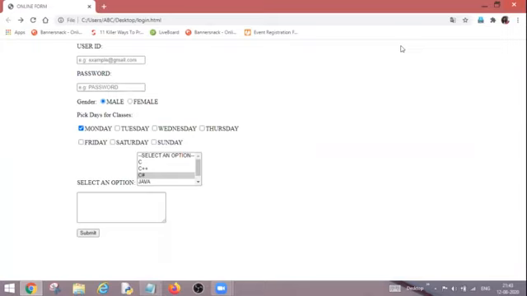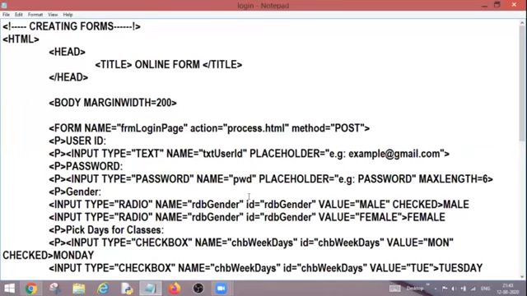Today I am going to tell you how we can create a reset button on the form so that the details filled in by the user can be reset to the defaults again. So let's start with it. This is the form which we have created, and we have added one submit button as well. If I fill in the values over here and click on submit, the values will be sent back to my processing page. And this is the coding for the same.